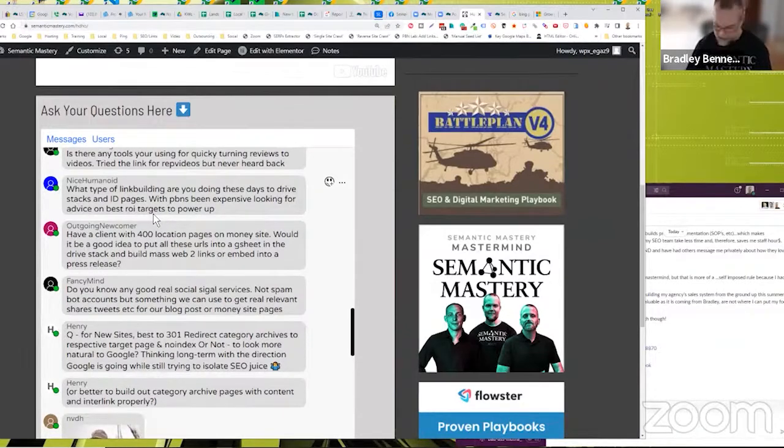Yeah, I'm not joking when I say the only kind of link building I do now is what I talk about here. Semantically relevant or topically relevant link building, period. End of story, full stop. That's all I do. That and citations and press releases. So you guys understand semantically relevant links, citations and press releases. That's all I do. So when it comes to the drive stack, I'll hit the G site usually with the